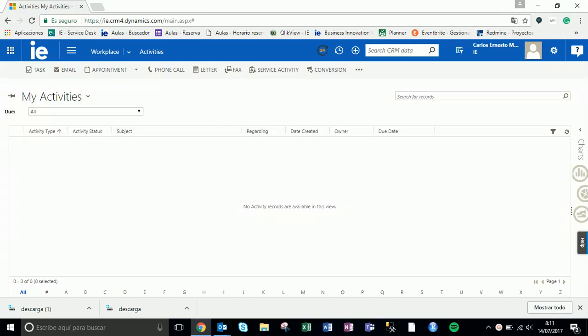Hello, today we're going to review advanced searches and customized views in Dynamics CRM. What are advanced searches? Advanced searches and customized views are a powerful way of generating customized datasets of entities in